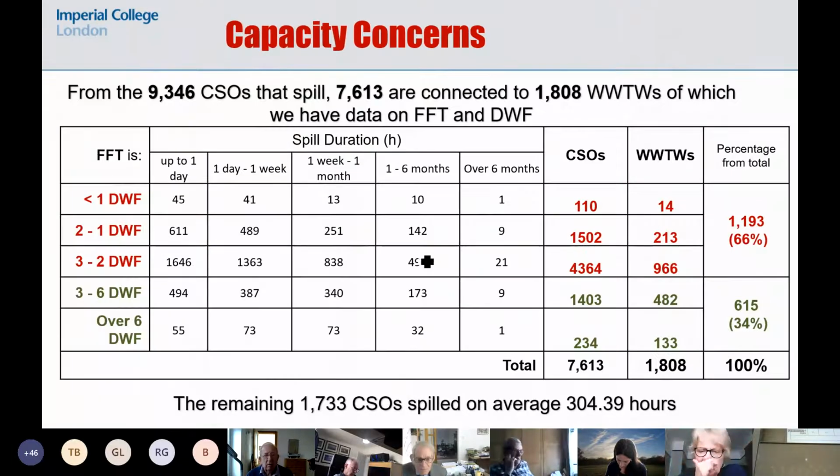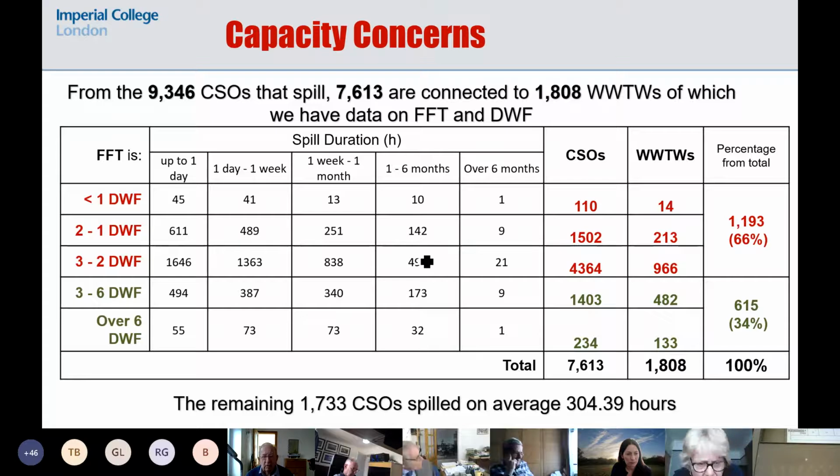Now, this is exactly the same table, but with overflows. So you can see, for example, here, the overflows connected. It took us ages. Theo, who's done most of the work, has actually put in the hours connecting the overflows to the works, which is not there. It takes a lot of effort through maps to find this connection.